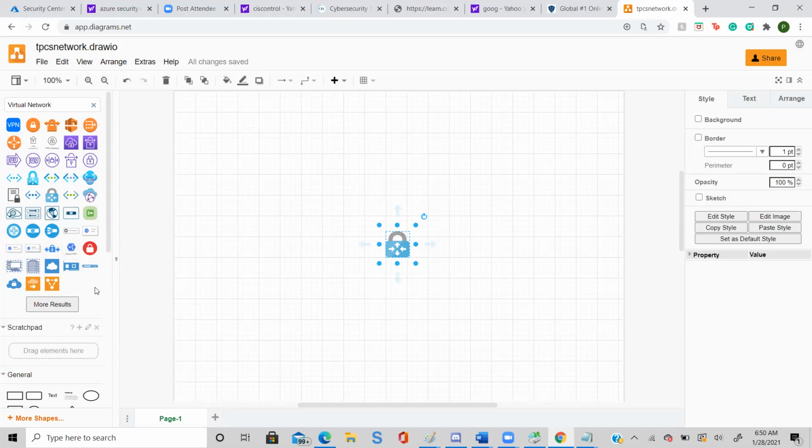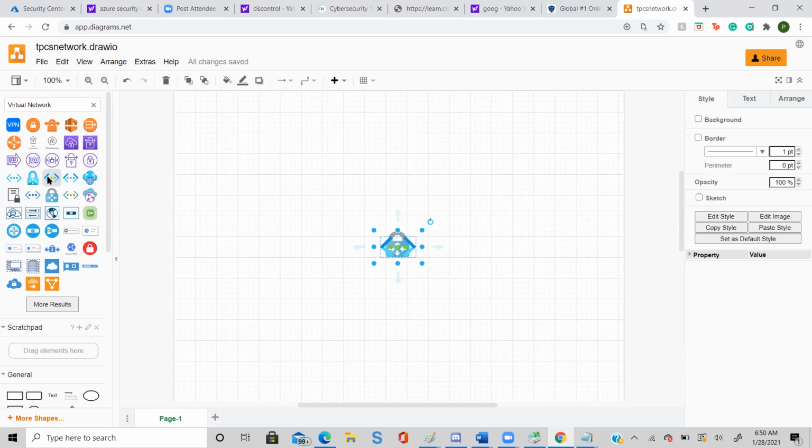Just take the third from top. From the top, go to the fourth row and click the third icon. Yes, very good.